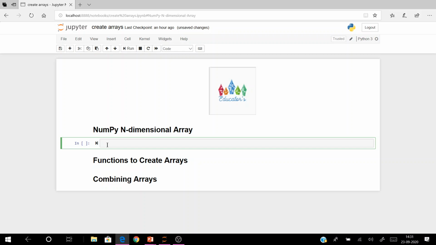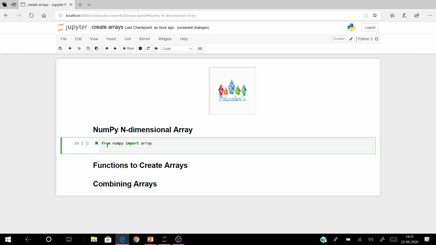Now for that, from the NumPy library, I am going to import array. Here I am going to use a variable L, and create a list. I am representing it with L, a list with 3 elements: 1.0, 2.0, 3.0.